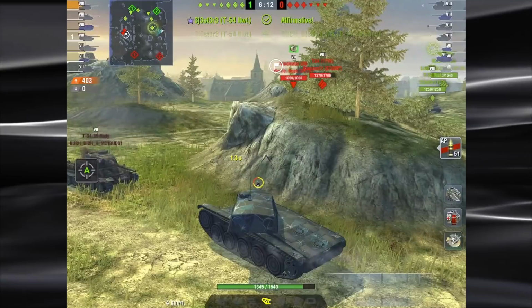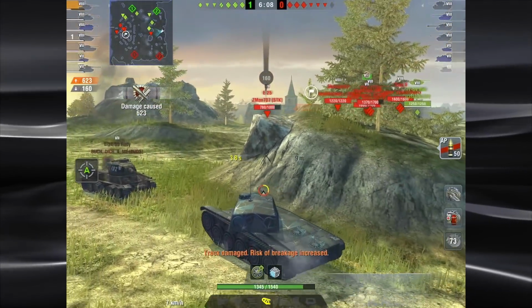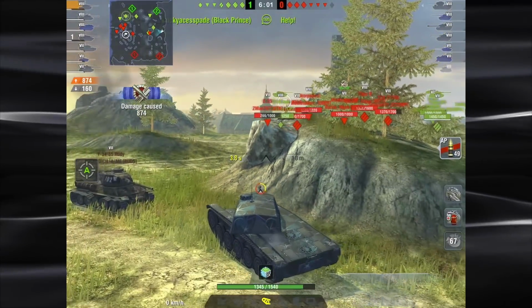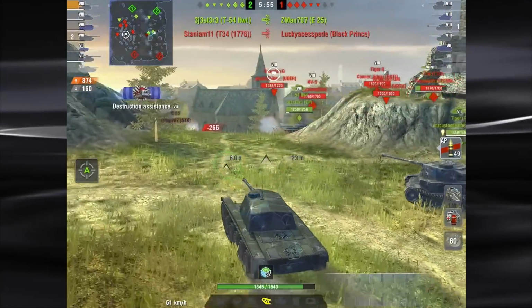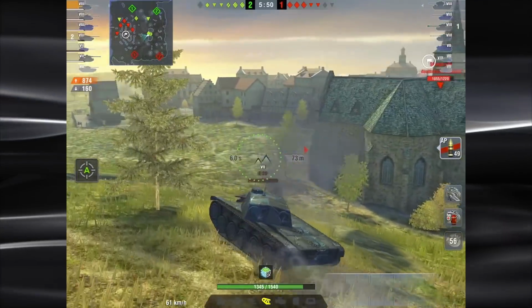So we know the E25's around this corner. Sure enough, there he is. We coax a bounce out of him. No, he's got a fast reload, but he is on the way down. So, here we are up a tank. We got 3 tanks up on the hill, and, you know,